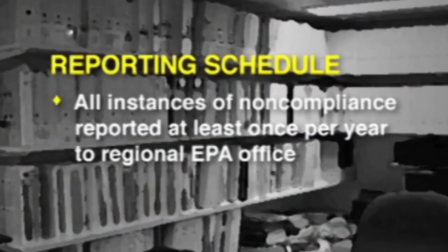One of the features of this permit is the submission of an annual report of non-compliance. This report requires vessel operators to report all of the elements of the permit that they did not comply with through the course of the year. And that report must be signed and certified by a responsible corporate official. All instances of non-compliance must be reported at least once per year to the Regional Office of the United States